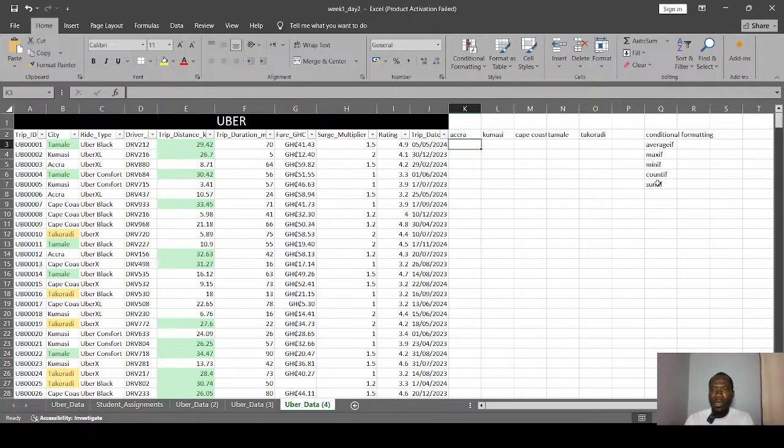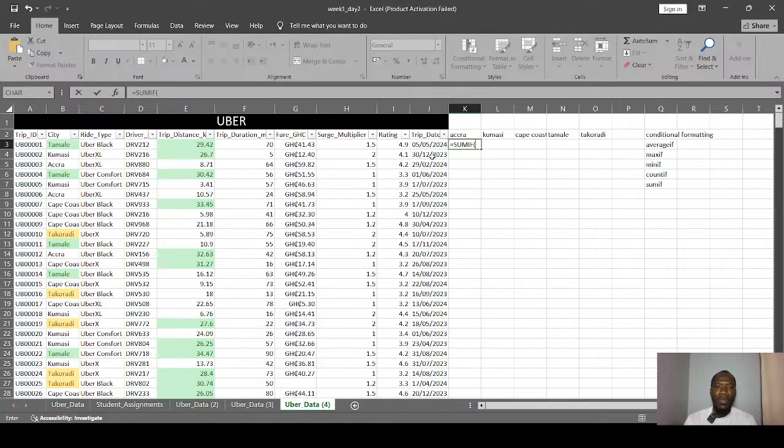To do that, because we are finding total, total means we are adding everything together. We are summing everything up. We are going to use the sum if. So equal to sumif. Once you start typing, you realize that it appears in your drop down, then you just select it. Now, when you select the sumif function, the first thing it's asking you for is the range. What range are we going to sum?